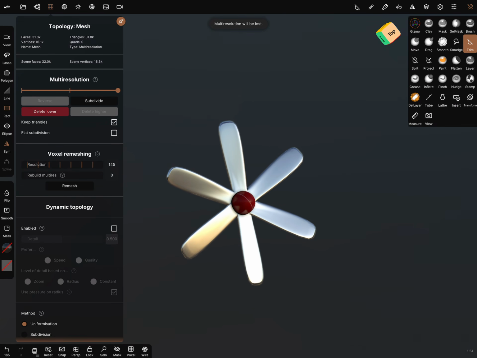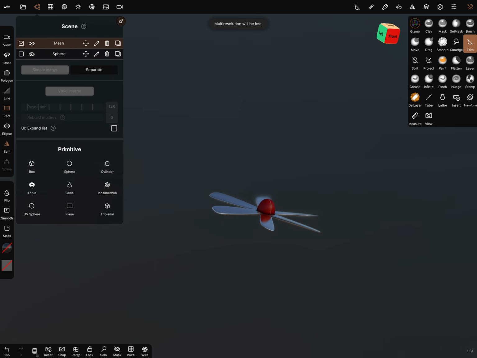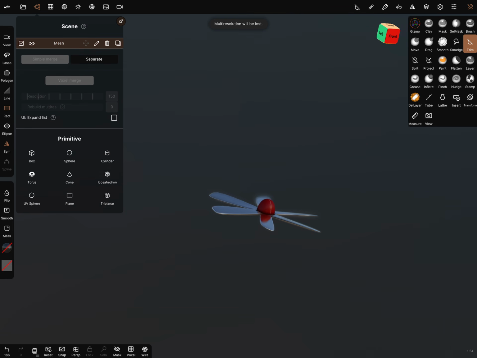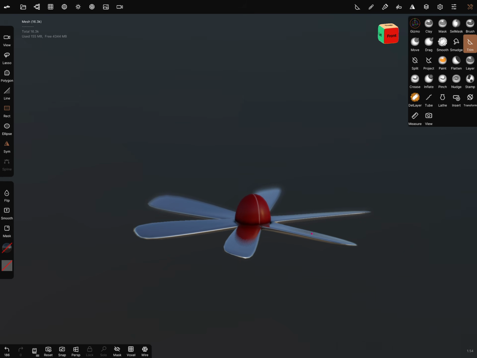We can, for example, try to simple merge it and look what happens. I don't know.